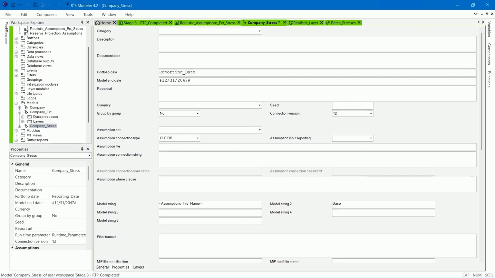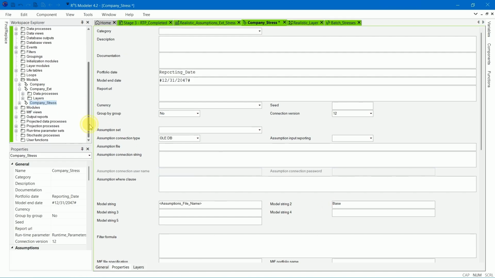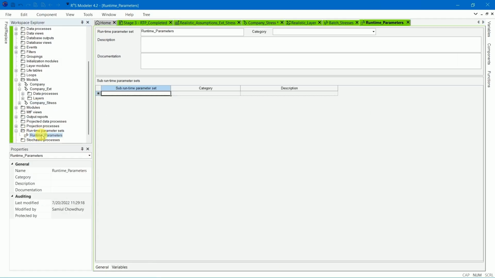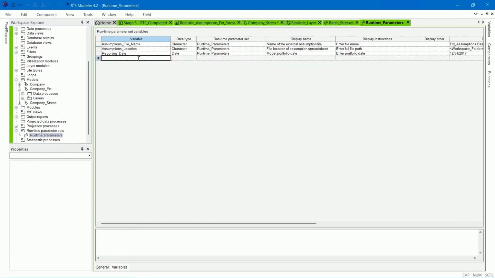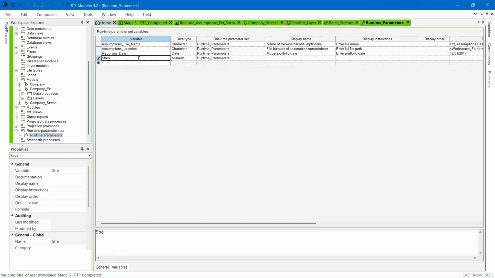Let's add a new runtime parameter variable. Open the runtime parameter set, Runtime Parameters. Go to the Variables tab. Add the variable name, stress_name_RTP. The data type is character.